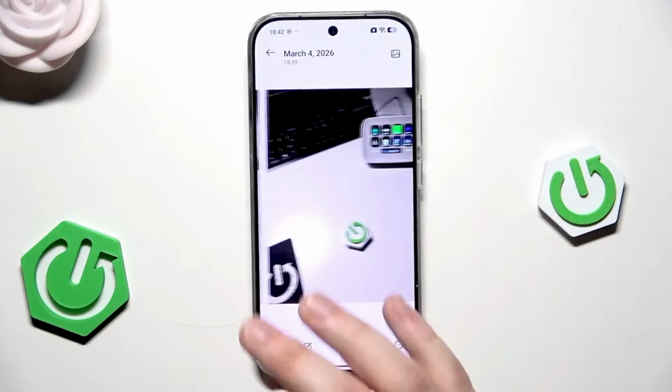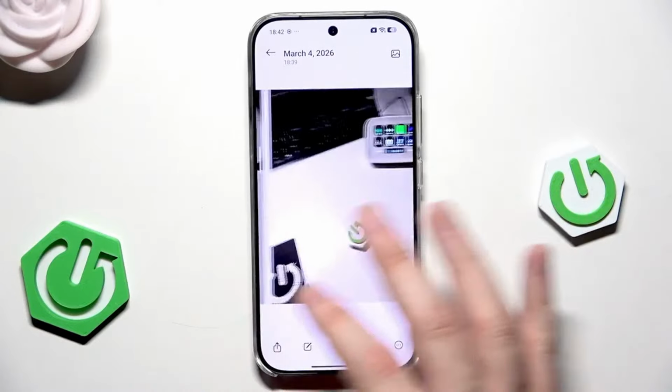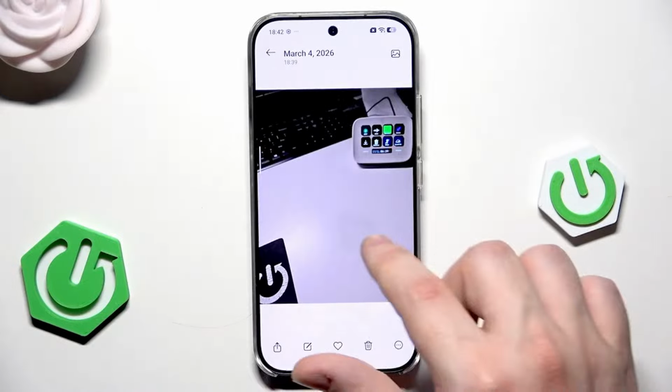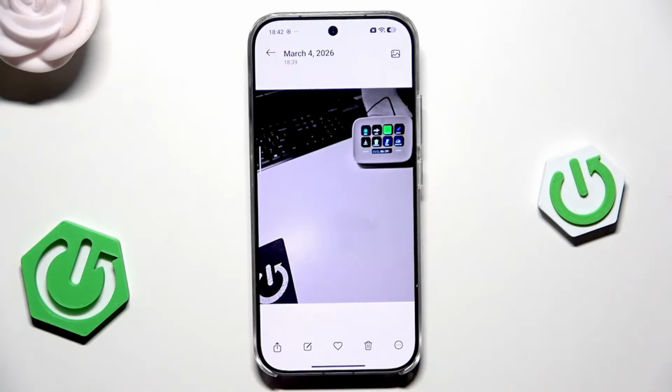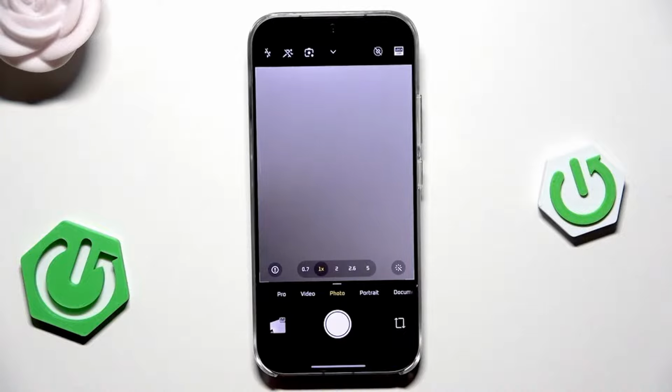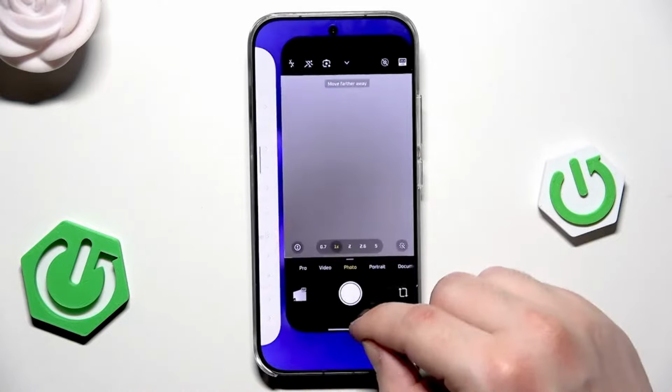And you can see that the object has been successfully removed, and we have also erased the reflection that's right in here. Really, really useful thing. And I highly recommend to try it on your own if you have the brand new Xiaomi 17. So now, next thing is,